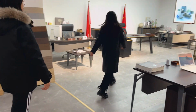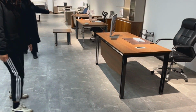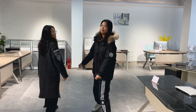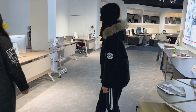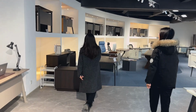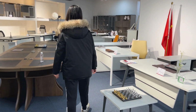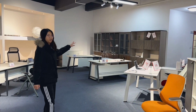In this area, we have mainly manager desks. This is our latest model. If you only need melamine designs, we have other designs for your option. We also have many soft tables on the wall for 1.2 and 1.4 meters. And they are our 2-meter high